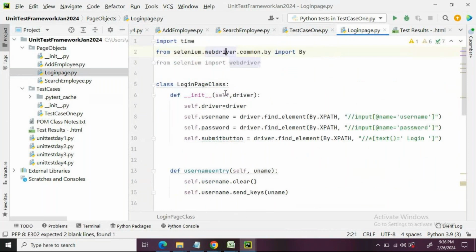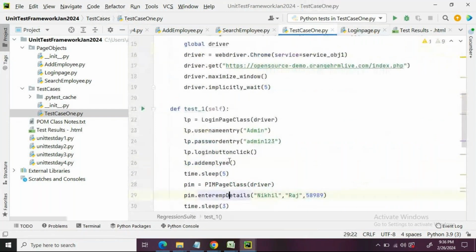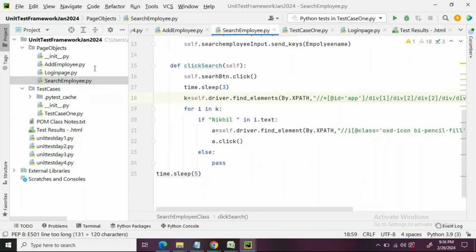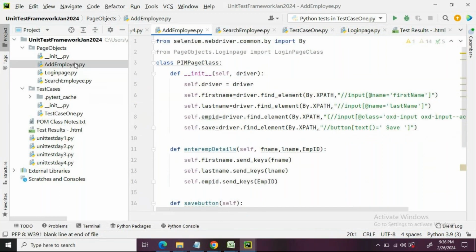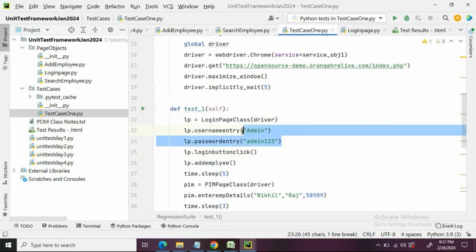You are not going to create the object here. Object, where are you creating? You are creating in the test case. See, here in the test case you are creating the object of this class, the object of this file class. So all the file classes, the object is created where? Object is created here, and the data is passed here. Getting my point, right? So you are only creating the methods there,